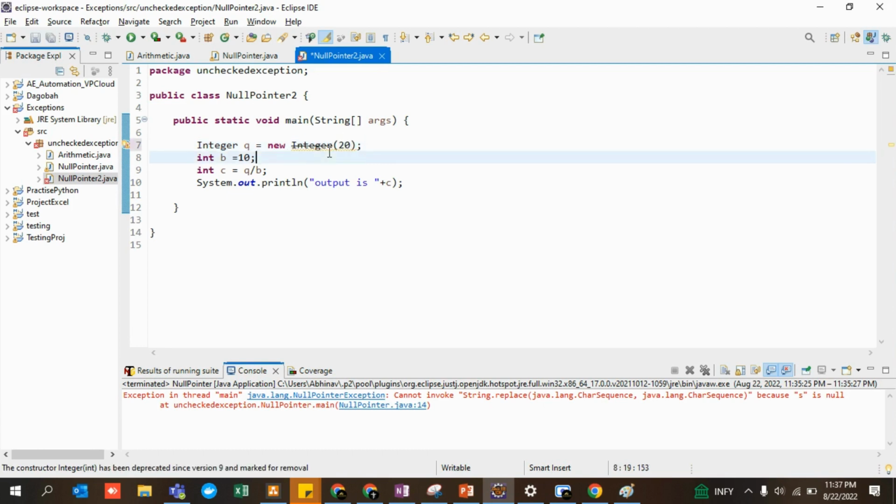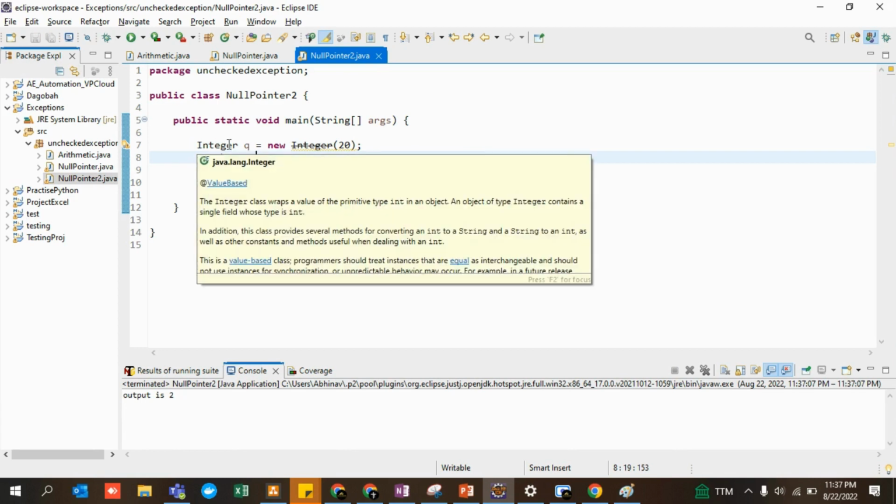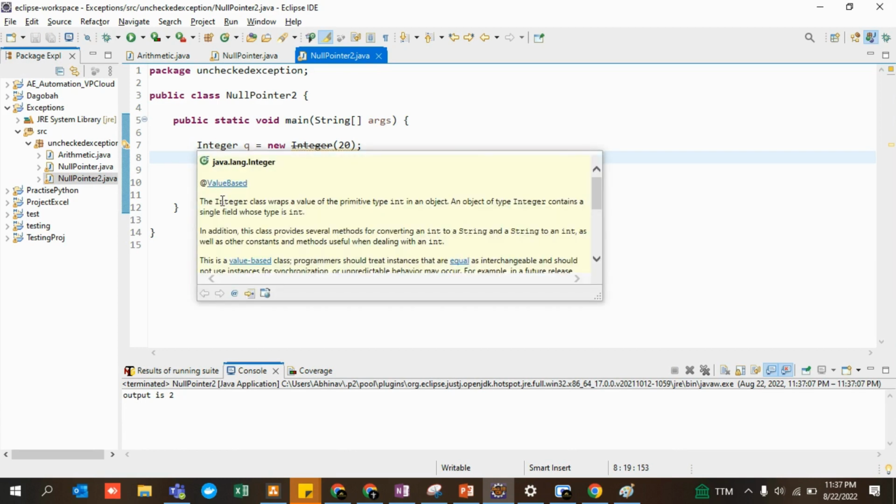That's it. 20, right? If I just print it out over here, if I just run this particular c equals q by b, I have defined an Integer over here. What is your Integer? If you click on the wrapper class over here, it says the Integer class wraps a value of the primitive type int in an object.